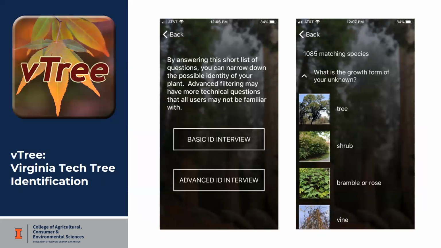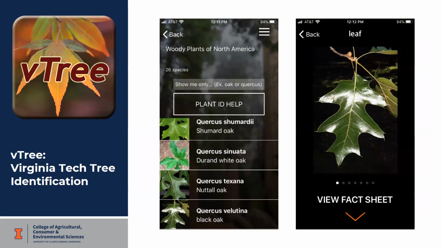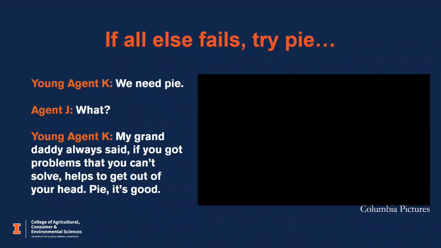I'm going to skip over V tree because we are really running out of time, and I want to leave room for the closing segment of this presentation, a little bit of a story time. And my advice to you, if all else fails, try pie. And you're probably wondering, what am I talking about here? Well, I can honestly say pie helped me identify a plant sample. And the story behind this is,